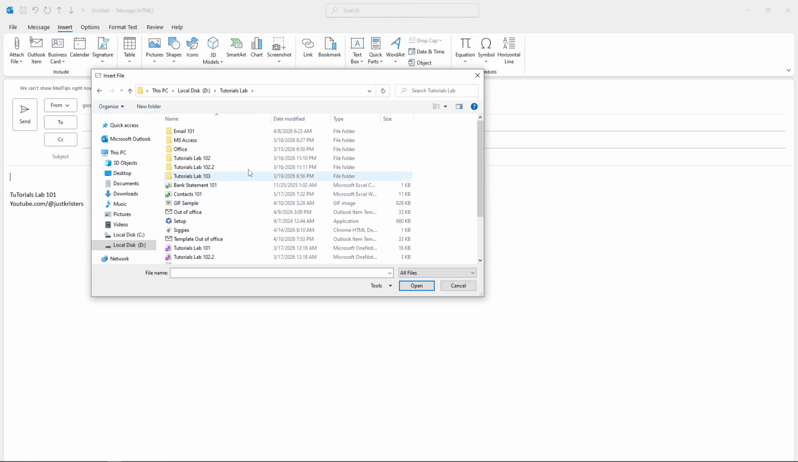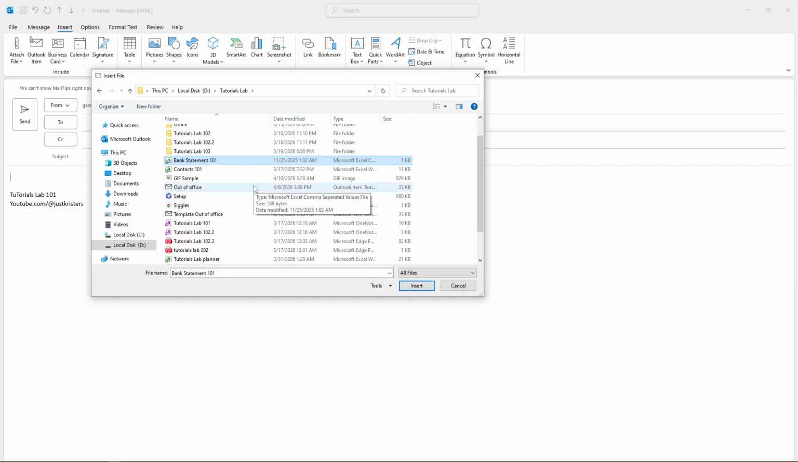Now it's time to locate the file you want to attach. Navigate through your folders until you find the right document, image, or file. Once you spot it, click on it to select it. You'll know it's selected when it's highlighted. After selecting your file, look for the Insert button at the bottom right of the File Explorer window and click